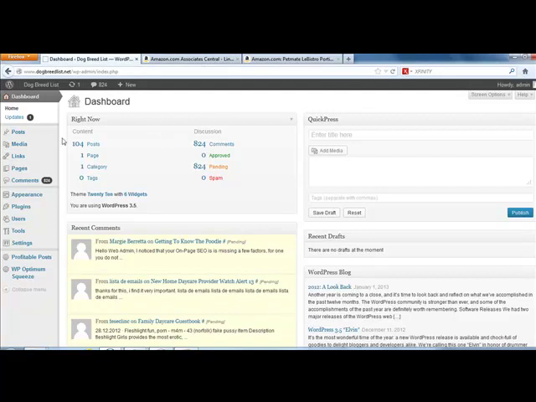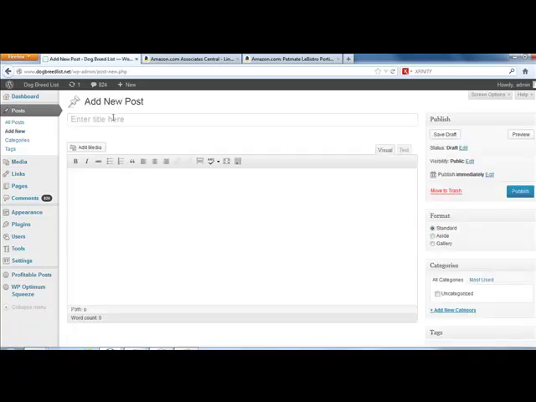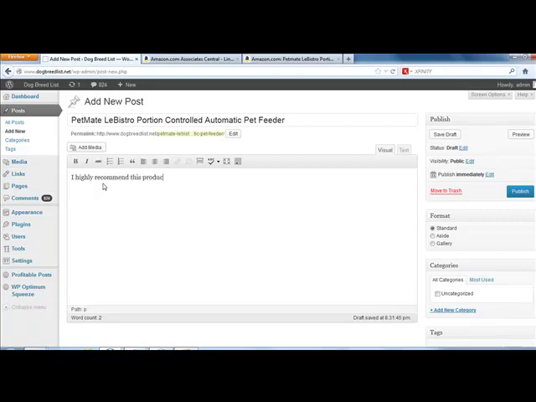a blog post. So what you want to do is go to your blog and go ahead and go to post, and we're just going to go to add new post. And inside here, we'll call this the PetMate Le Bistro Portion Controlled Automatic Pet Feeder. And we're going to talk about, I highly recommend this product. Of course, you would type a whole lot more, but I'm just showing this as an example